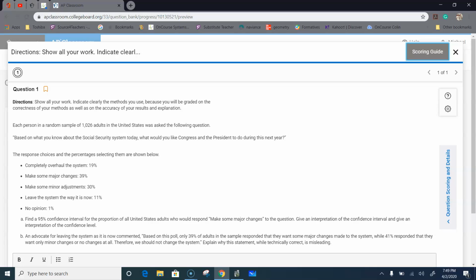And the first part is the same whether you're doing a hypothesis test or a confidence interval. It's to state that parameter of interest, right? And they basically give us the parameter of interest. If you look, find a 95% confidence interval for what? For the proportion of all United States adults who would respond that way. So you can just copy it, right? You can just write down